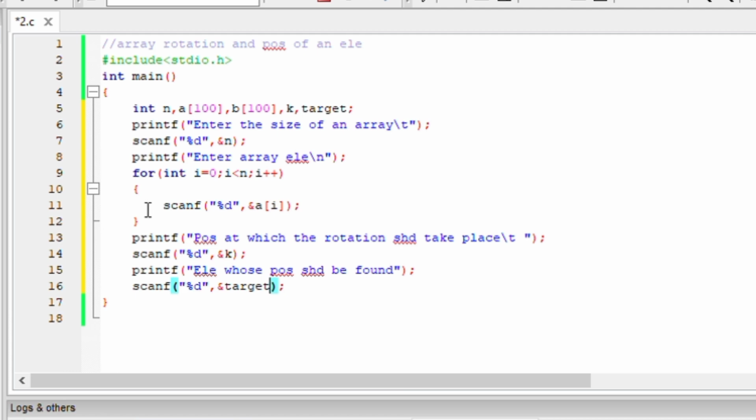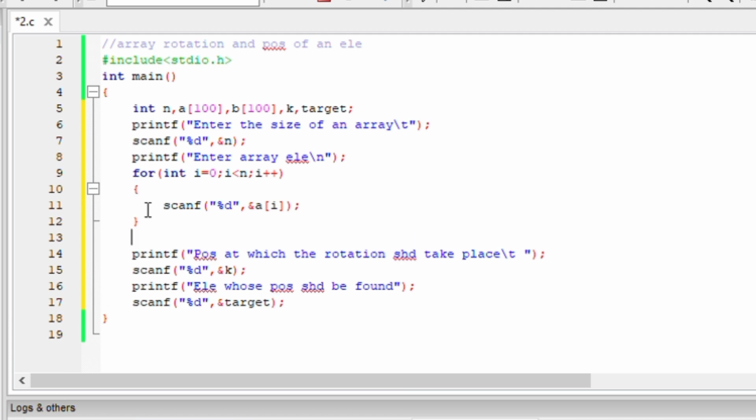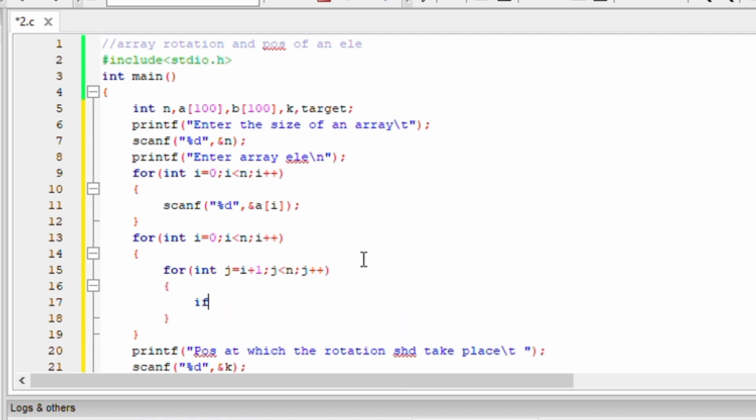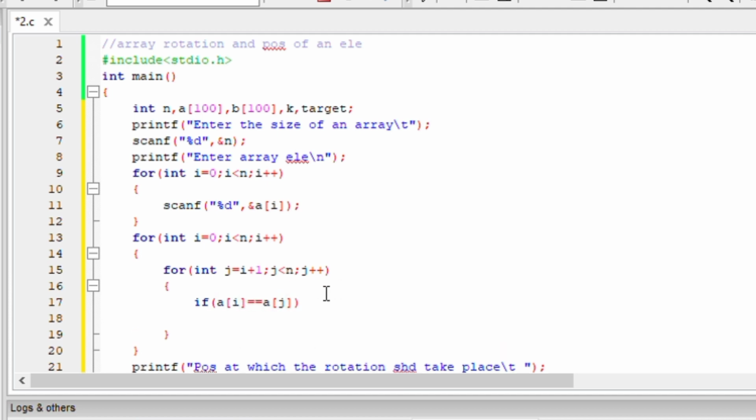Before this, I've already mentioned the array elements should not repeat, right? So for that, let's write a simple code. For int i is equal to 0, i less than n, i plus plus. Next, within the for loop, I'm writing another for loop. Now I'm taking int j. j will start from i plus 1, and j is still less than n, and j is also going to increase. And next, if a of i is the same as a of j, then